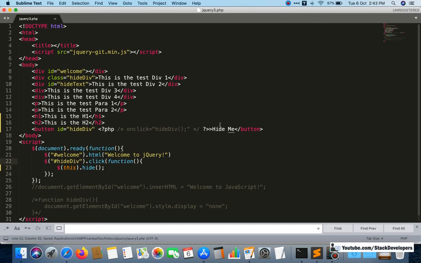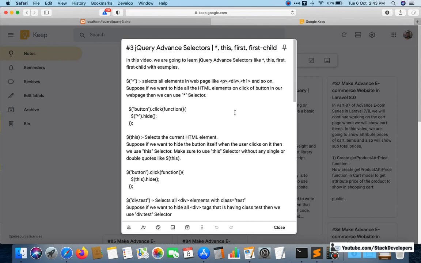So at that time we use this. This selects the current HTML element. Suppose we want to hide the button itself when the user clicks on it, then we use this selector. I have explained that right now.